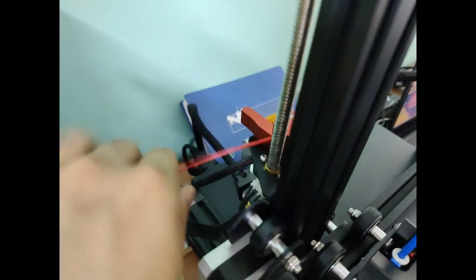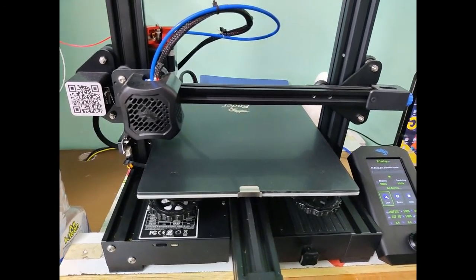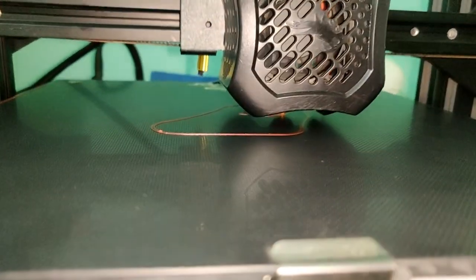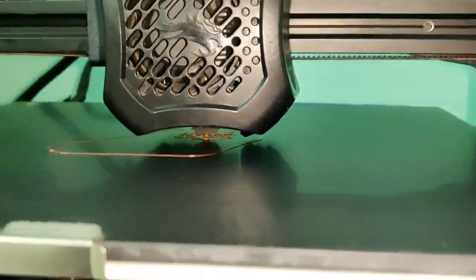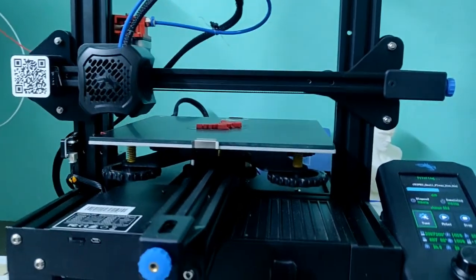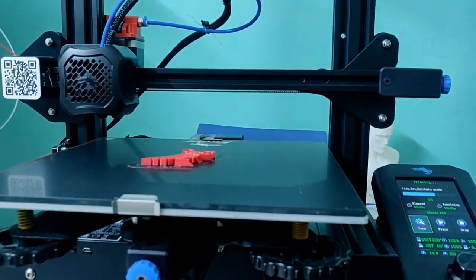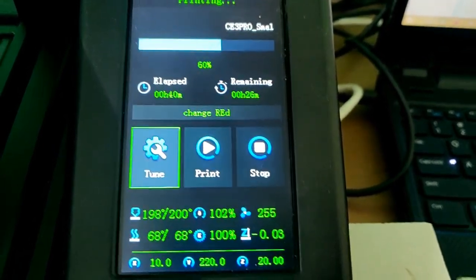We have loaded this red filament. Here you can see the red filament.